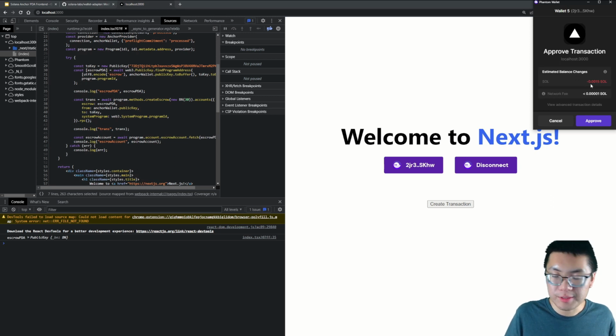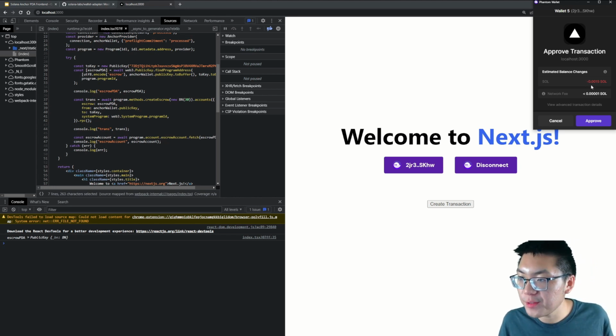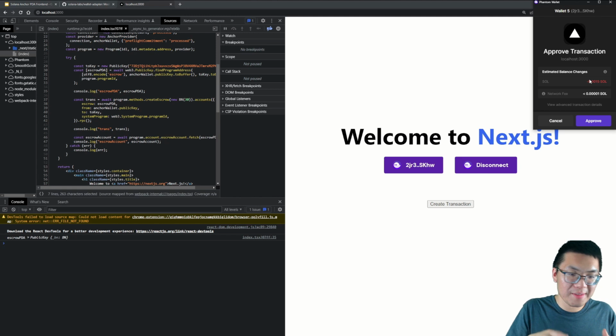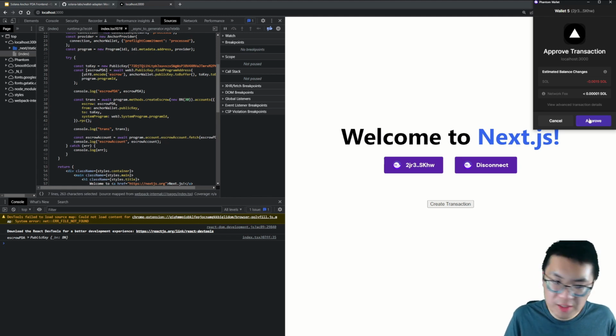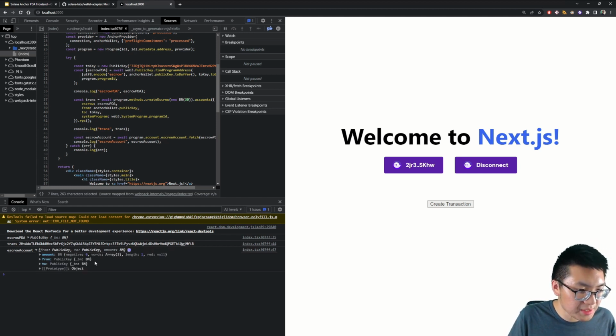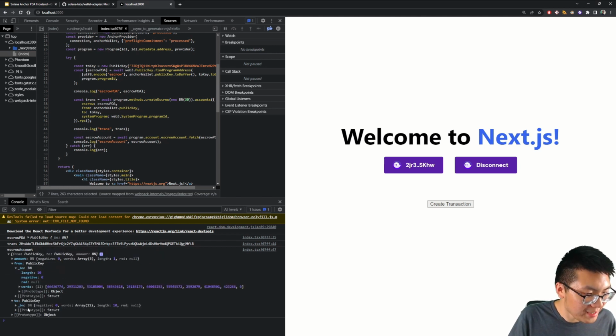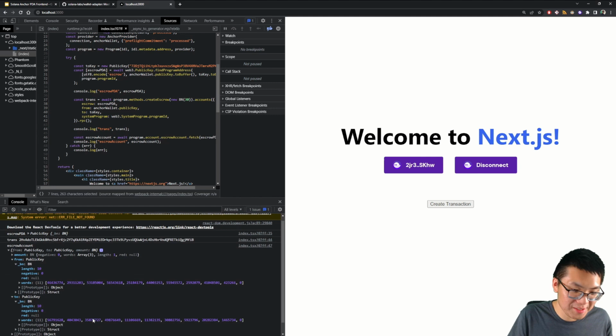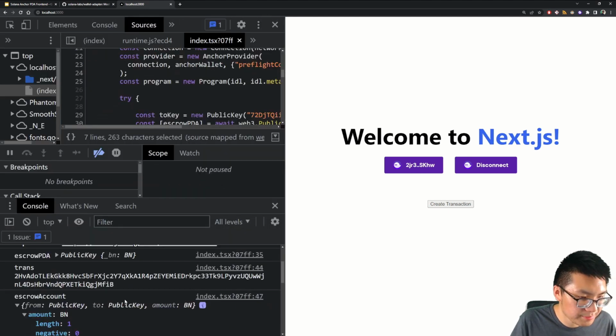There we go. So now our Phantom wallet is estimating that we're going to spend 0.00015 SOL for rent on the Solana network for our PDA. Just hit approve. And then if we look at the escrow account information that we get back from our PDA, we see that we have a from public address. I'm not going to decode it. There are 2 public addresses, also not going to decode it, but I assure you those are the ones that we use to store. And if we look at the amount field right here,